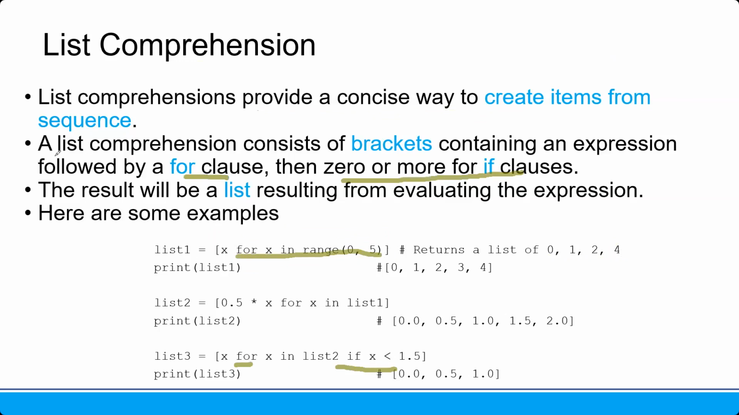If we use this list comprehension, the result will be a list. So a list is a sequence of elements in brackets. The result will be a list resulting from evaluating the expression. So if we have this expression, the first expression is to show the numbers